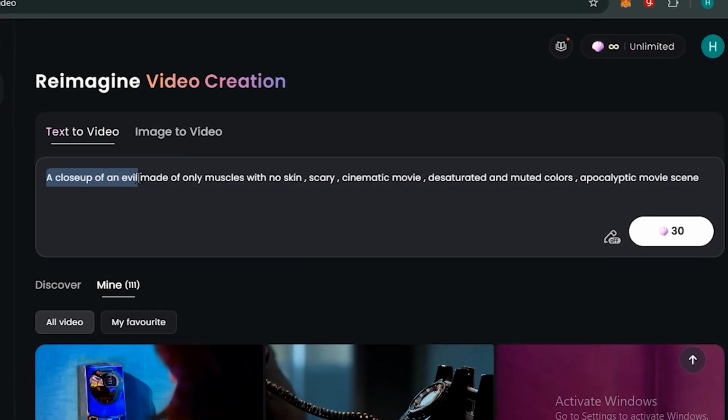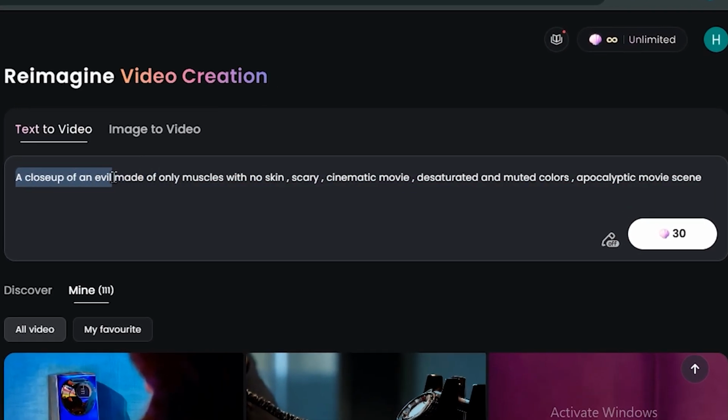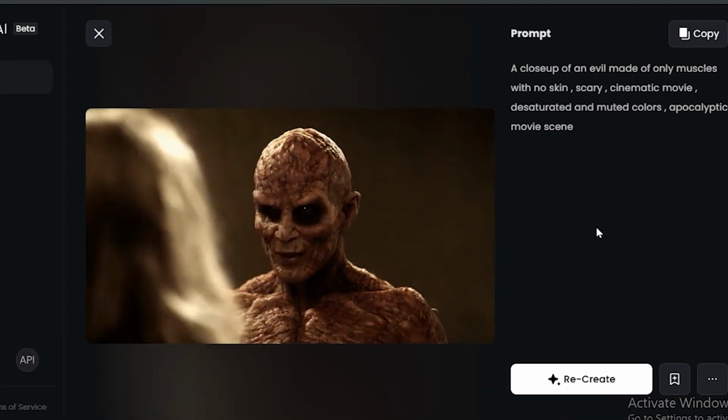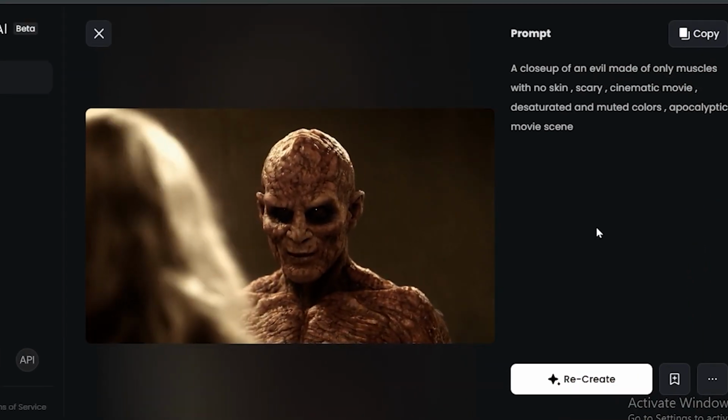So the prompt is a close-up of an evil made of only muscles with no skin, scary, cinematic movie, desaturated and muted colors, apocalyptic movie scene. And let's see how it performs with this one. Alright, so this is the output video, and if we look at this monster closely, it followed the prompt very